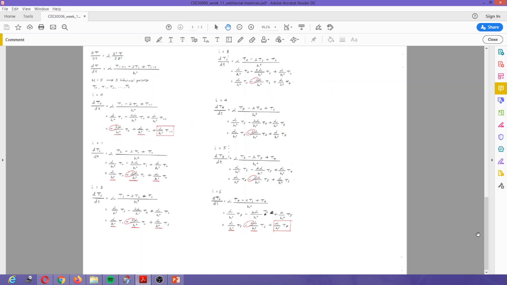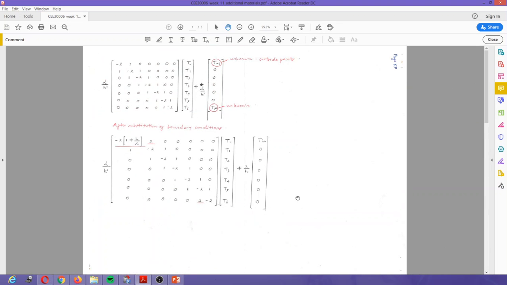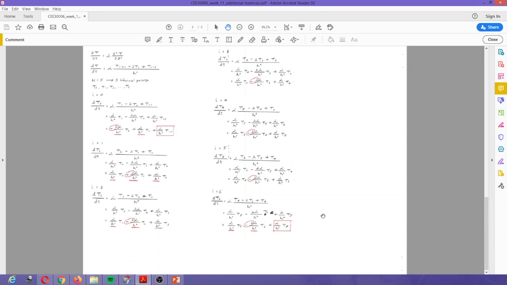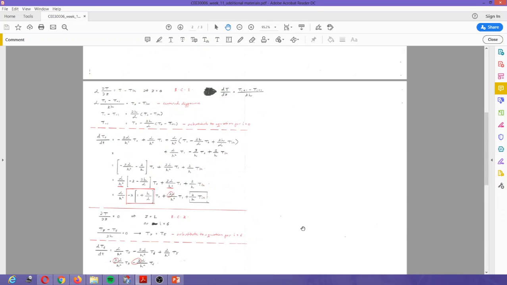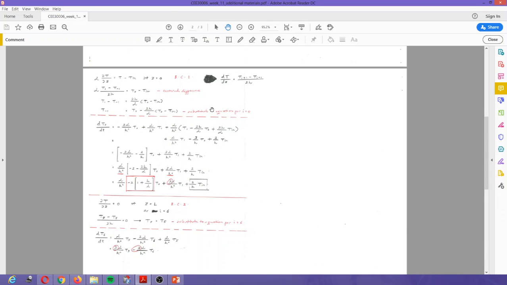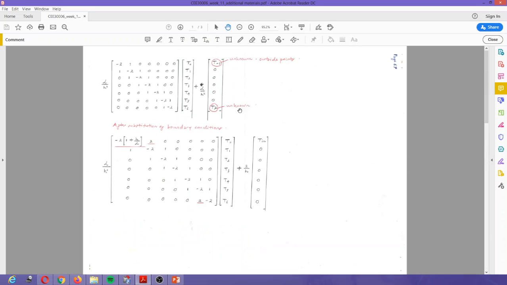So you can go first into the, if I start from the top, actually it starts from the most bottom page. So this is where you derive all the points from i equals 0 to i equals 6 basically. And then once you get these things, then you can progress into this, where basically we discretize the boundary conditions and then substitute it into the equations for i equals 0 and i equals 6. And then this will be the final matrix for the ordinary differential equation.